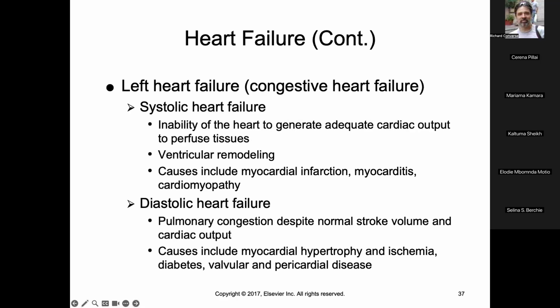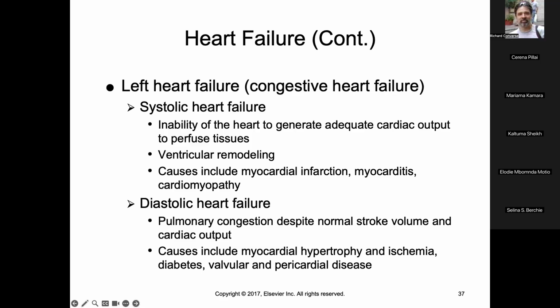Left-sided heart failure, or congestive heart failure, is the inability of the heart to generate adequate cardiac output to perfuse the tissues, resulting in remodeling of the ventricle. Causes include myocardial infarction, myocarditis, cardiomyopathy. Okay. So, again, what's happening here is that the left side is not keeping up with the right side of the heart. All right. So, when the left side of the heart is not keeping up with the right side of the heart, the blood is going to pool in the lungs, and that's going to result in a pleural